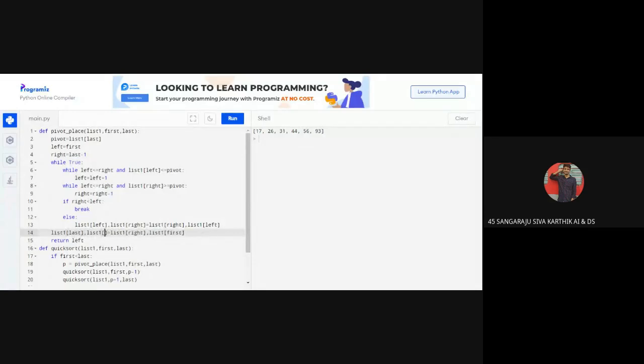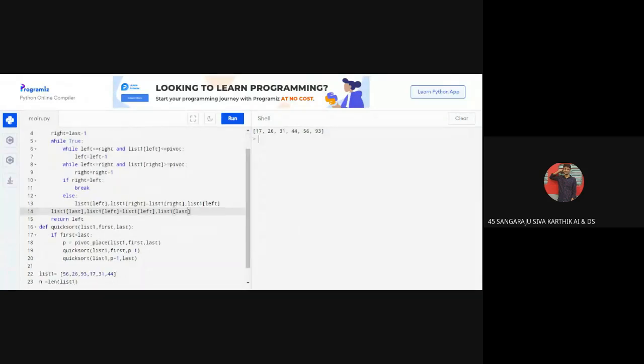So the swapping methodology is done here. So we can do this in two ways, with first and last as pivot values. This is how it happens in this sorting methodology.